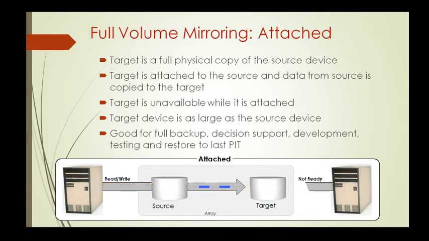So as and when there is data in the source, it is copied to the target. And if there is any update in the source, that is also done on the target. After all the data is copied, both have the same data, and then we can call it a mirror of the source. You can see in the figure, read write operation can happen between the production host and source, and then this data will be copied to the replica, but this replica is not accessible by the BC host. That is one change you should remember.